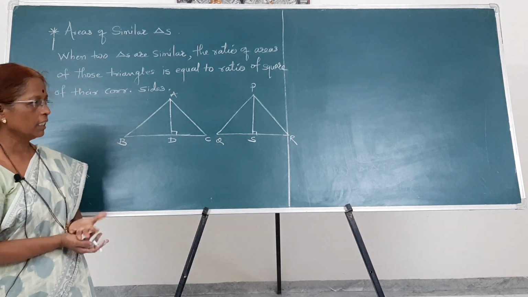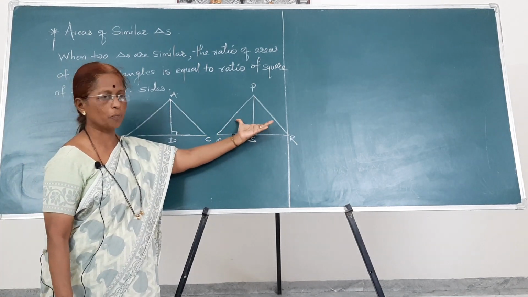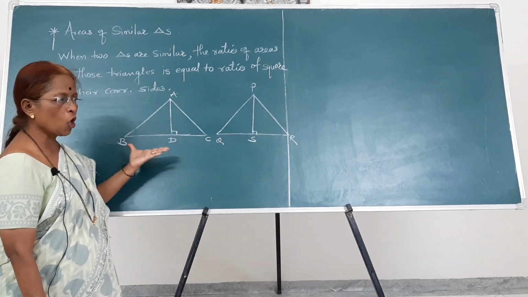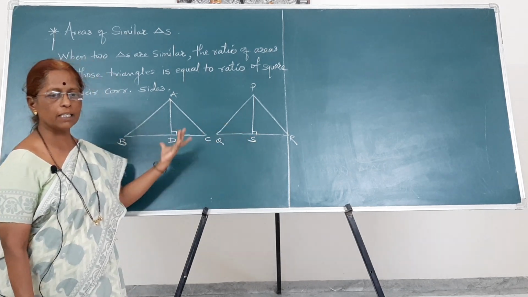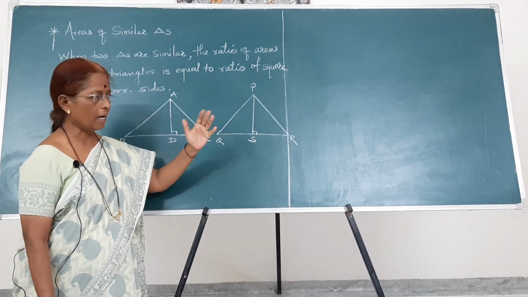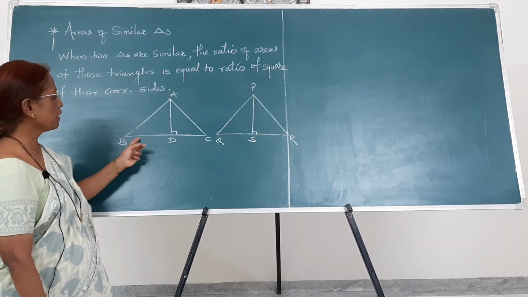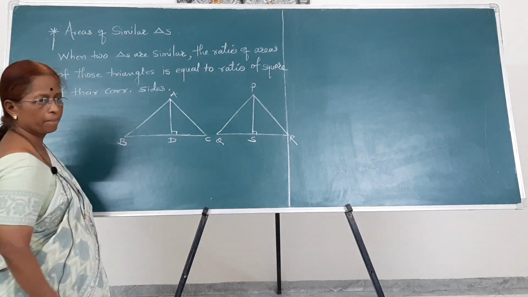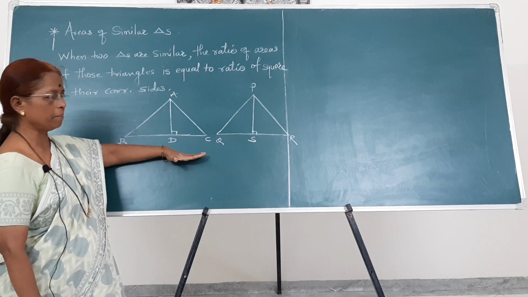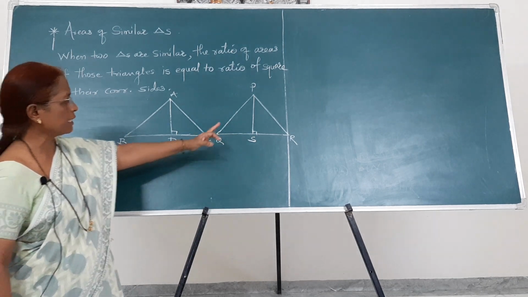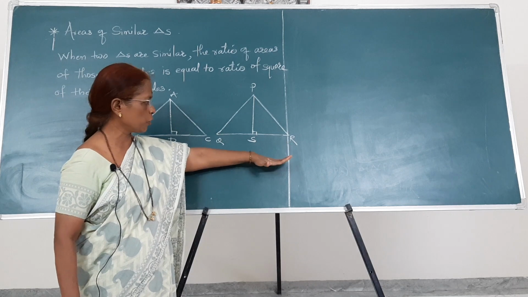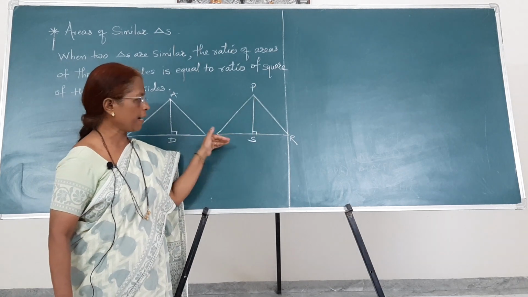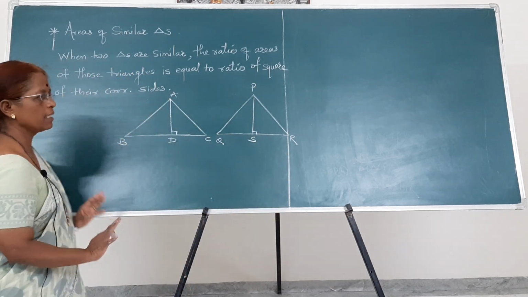Then what do we have to show? The area of this triangle with respect to the area of that triangle is equal to the ratio of the squares of their corresponding bases, or you may say sides. Now see children, I have drawn here triangle ABC in which AD is perpendicular on BC. Means AD is the height and BC is the base of that triangle. And the second triangle is PQR in which the base is QR and the perpendicular height is PS. Means PS is perpendicular on QR. So this is the given thing.